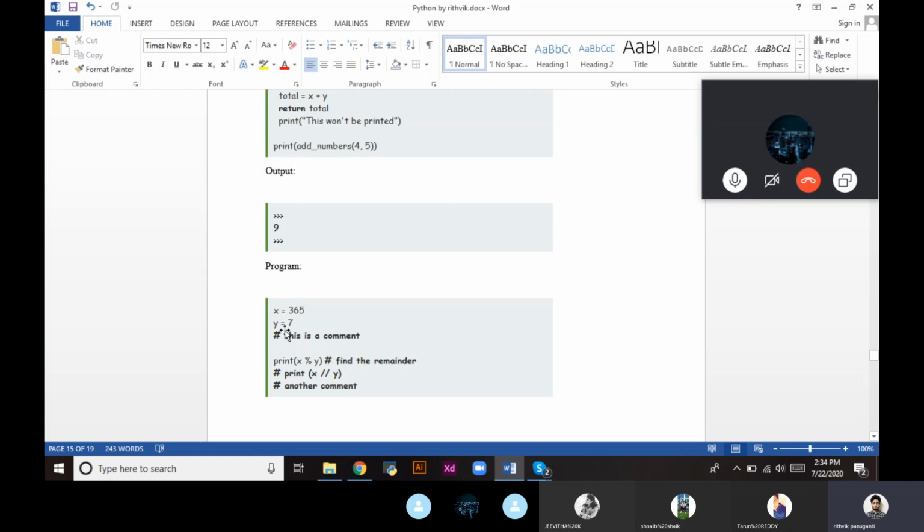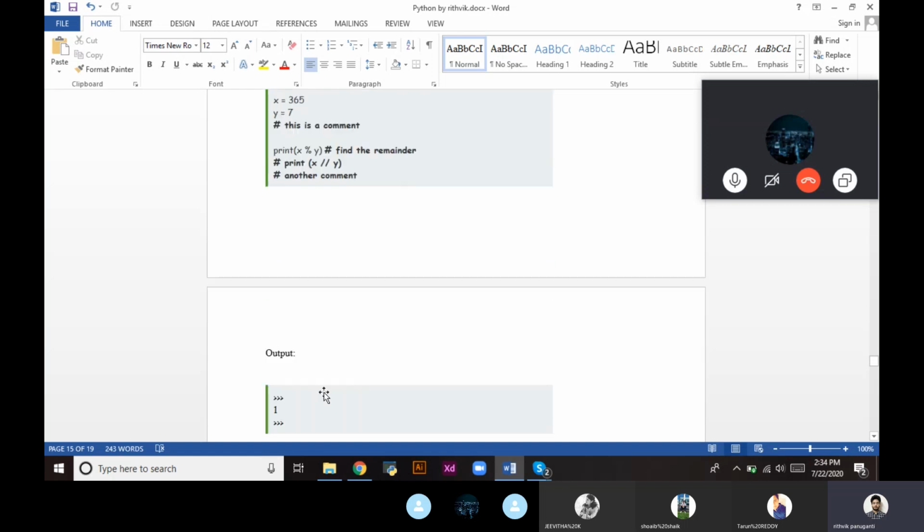So x is equal to 67, x is a variable assigned with 67, y is another variable assigned with 7, print x percentage of y. So we know this will print the remainder, so it finds the remainder. And this is another comment, print x double slash y, this will not be executed, it is another comment. So the output will be 1 and the other statements will not be calculated.